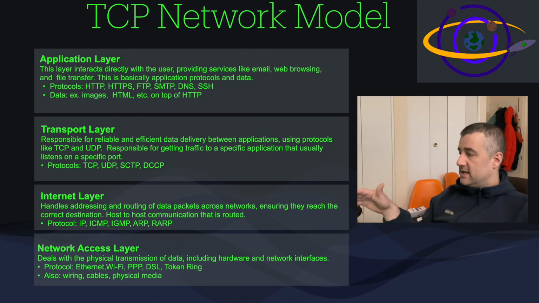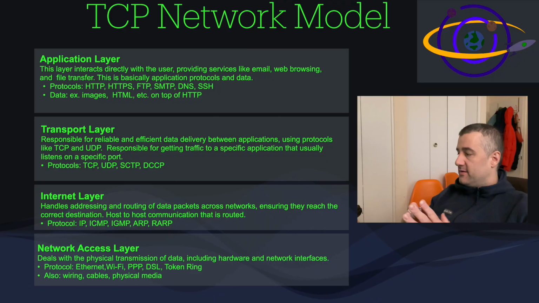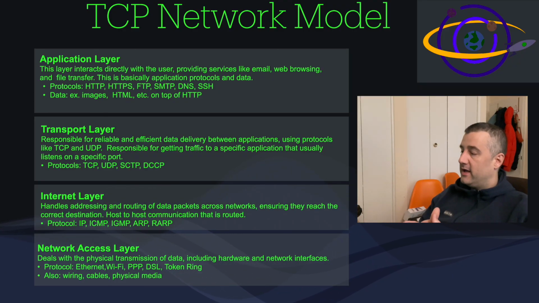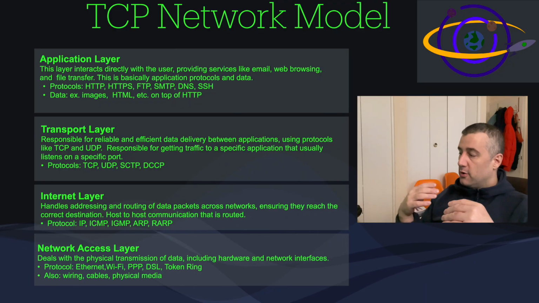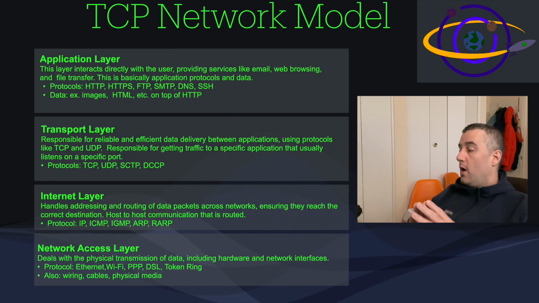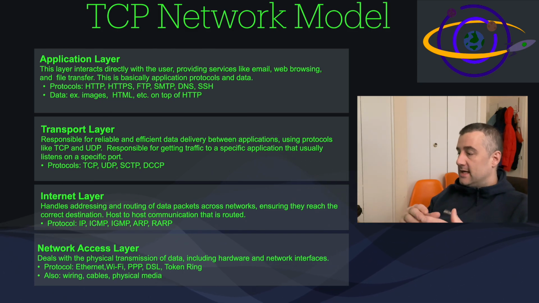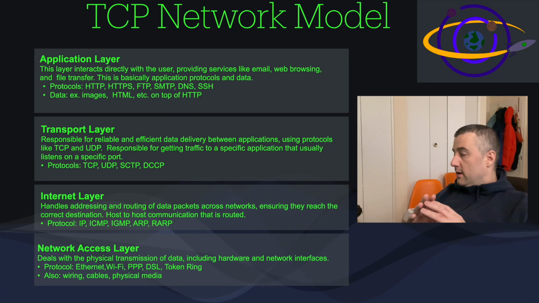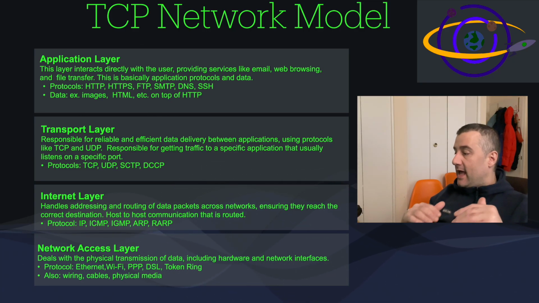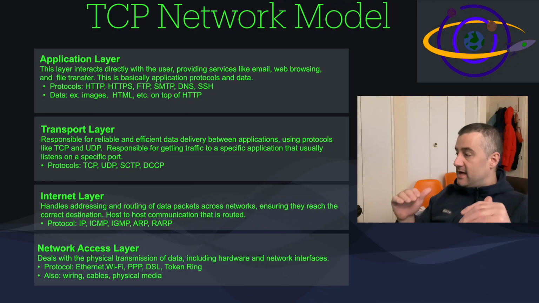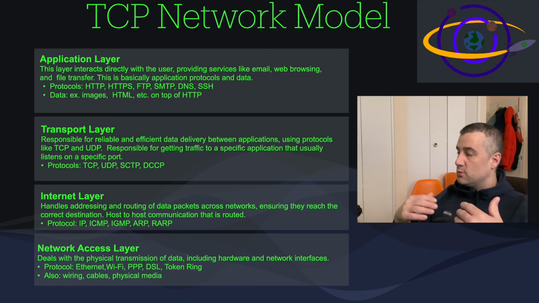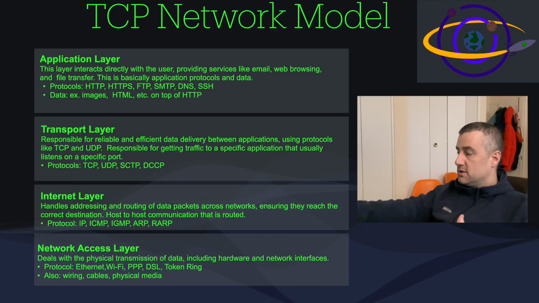So the first layer is the network access layer. Now this deals with the physical transmission of data, including hardware and network interfaces. This includes protocols such as Ethernet, Wi-Fi, PPP, point-to-point protocol, DSL, and token ring. Also, this includes things like wiring, cables, and physical media. So the network access layer includes all the physical stuff, the physical network, as well as those lower level protocols